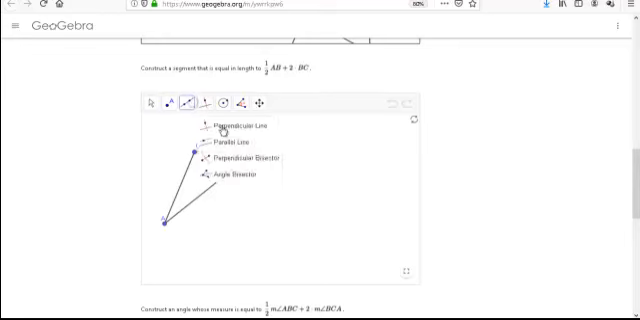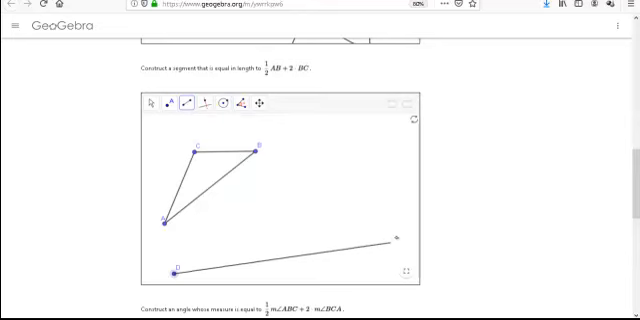I want to create a new segment. The first thing I'm going to do is start with a segment that's exaggeratedly longer. Okay, so I know that I'm going to build from point D. I'm going to build my segment. Okay, so the first thing I want to do is